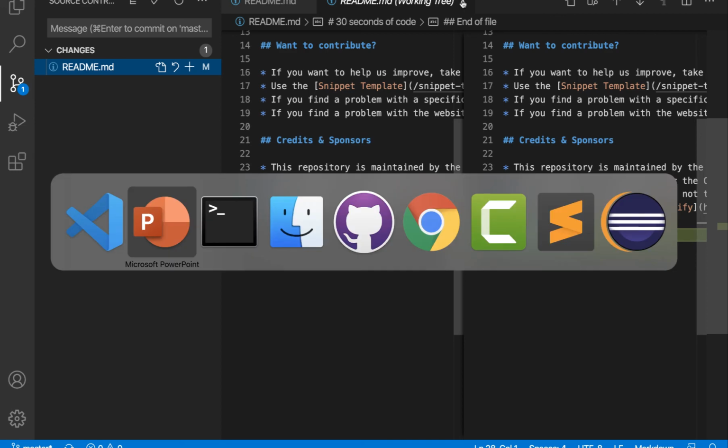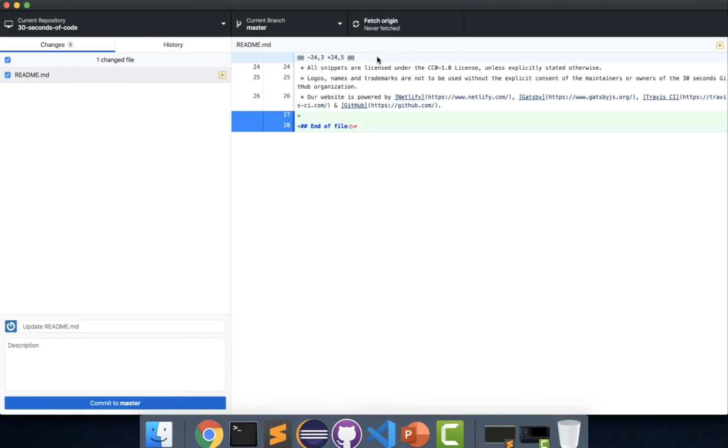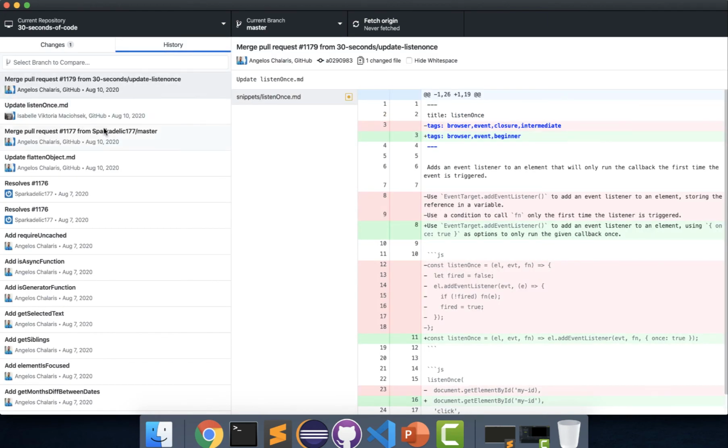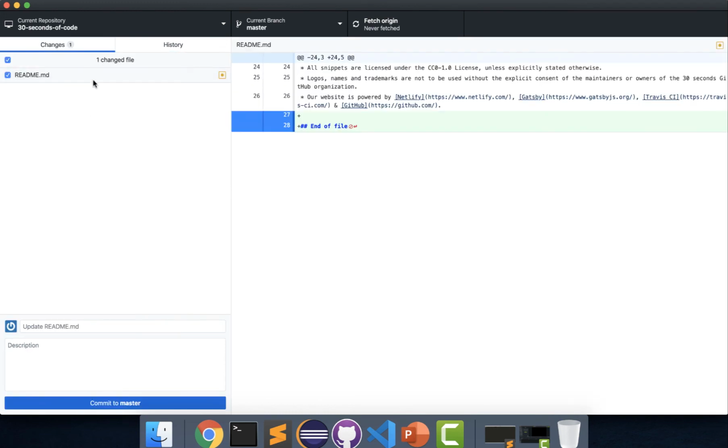Let's go back to our GitHub Desktop and see what exactly is shown here. You can see the same details are shown in this particular change area as well, which says this particular file has been changed. If I click on this, it says a file line, that is "end of file", has been added over here. Go back to history, it will not show anything because nothing has been pushed from our side. And since we are on the master branch, it shows all the details over here. So that's it.